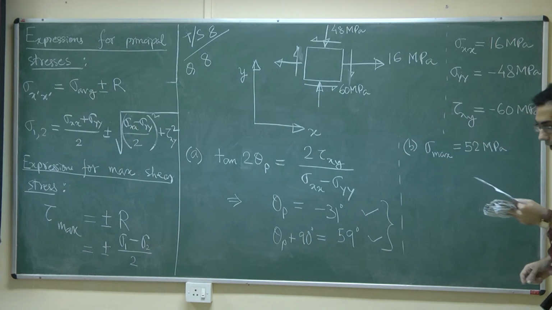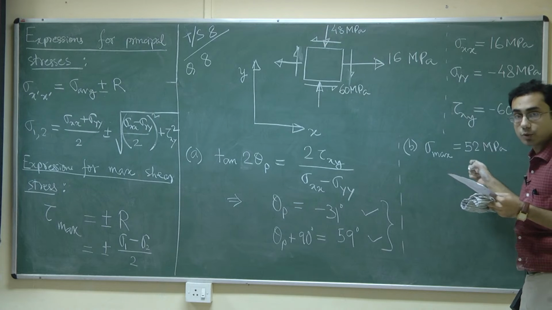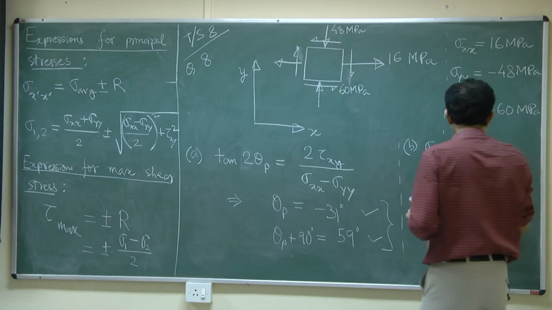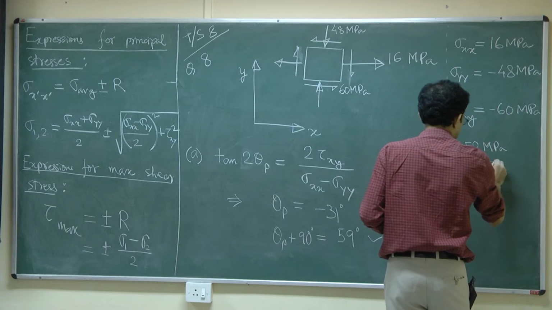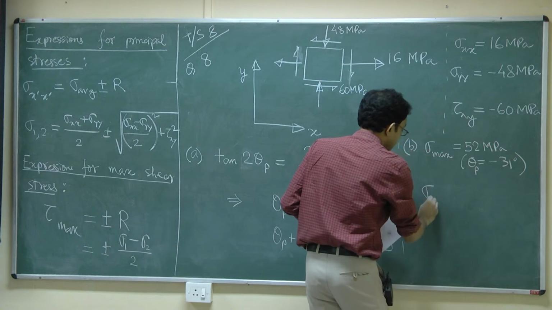So this comes out as 52 MPa. This is only one of the answers, and it corresponds to theta equal to minus 31 degrees. So theta p is equal to minus 31 degrees. The other one is